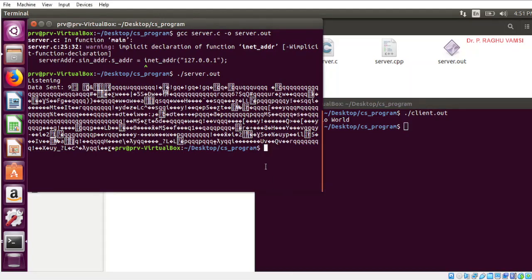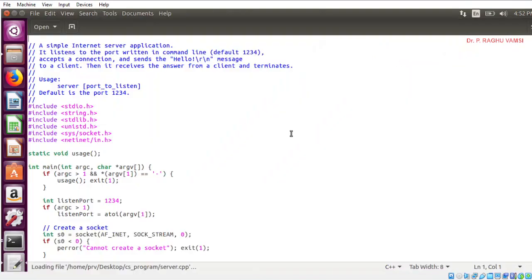In a similar way, I have also provided a C++ program, gedit server.cpp. It is a simple internet server application program. It listens to the port written in the command line. Default is 1234, but you can provide whatever port number you want while running the program.